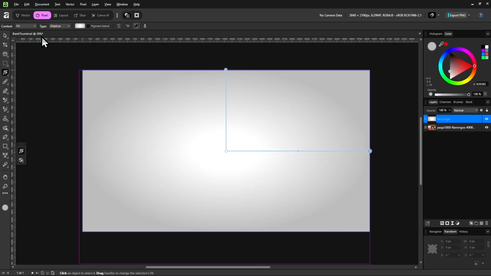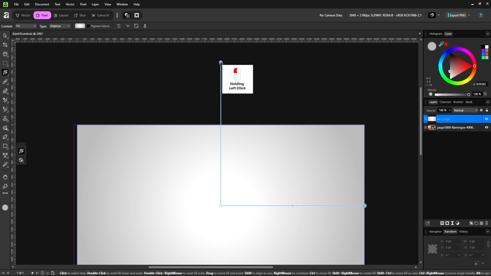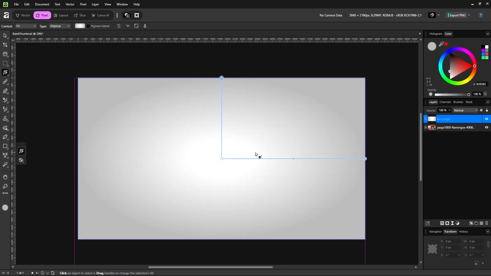So not unlike with radial where it has to be circular, I prefer elliptical where I can turn off the aspect ratio, maintain aspect ratio, and make it less tall and make it wider like this, like the size of this image.